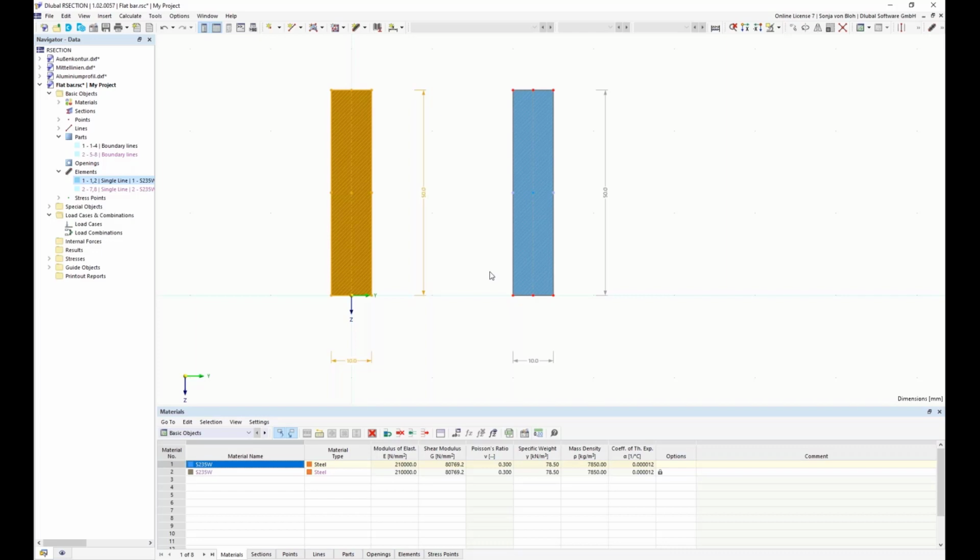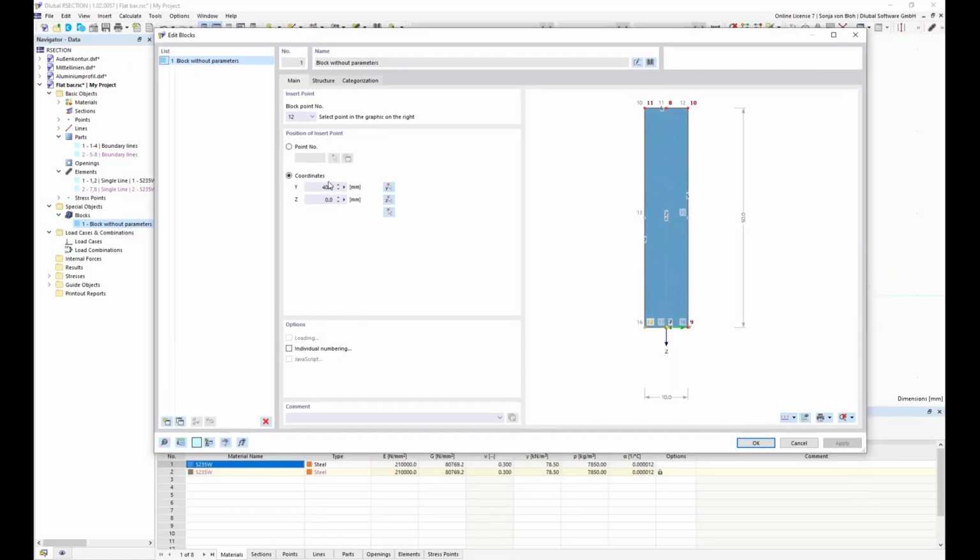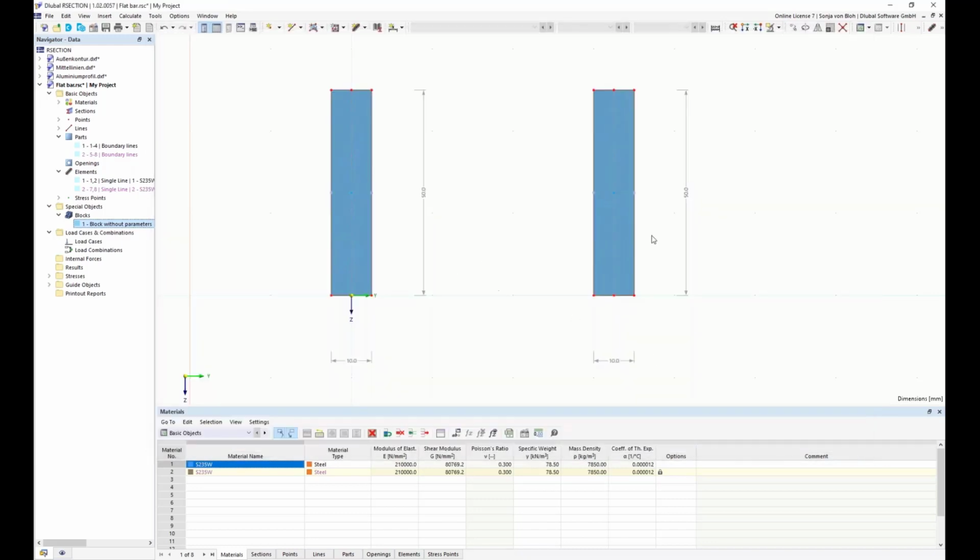The block reference is not lost. If I go to Navigator Data, I find in the tree special objects, the blocks, and here is the block. It's possible to double click on this to open the edit window, and here I have the possibility to change the position or the insert point. So maybe I can change it here to 60 millimeters,